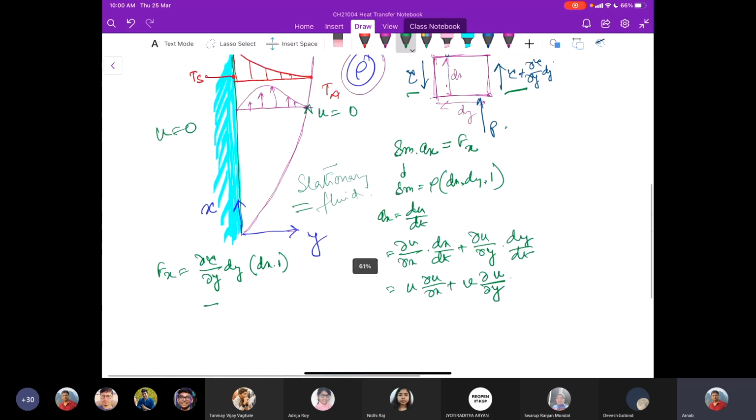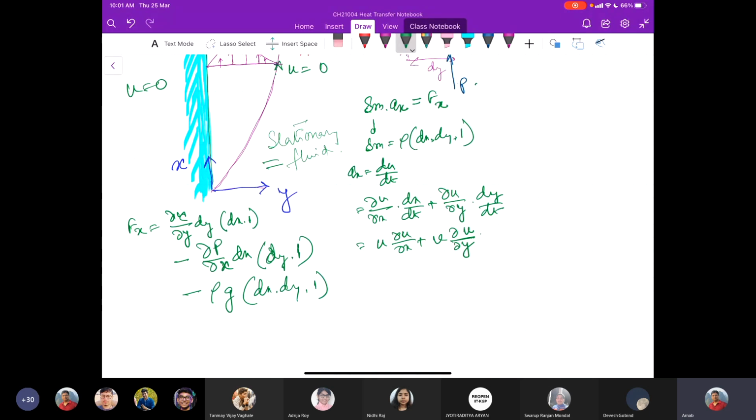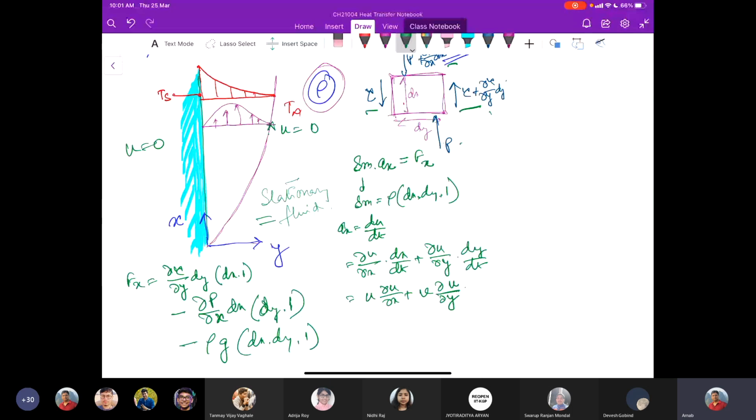If we look at the figure, then it would be pretty much clear. This del tau by del y dy is the net thing that is acting on dx by 1, minus rho g dx dy. That is the net force acting on this differential element, where, in this case,